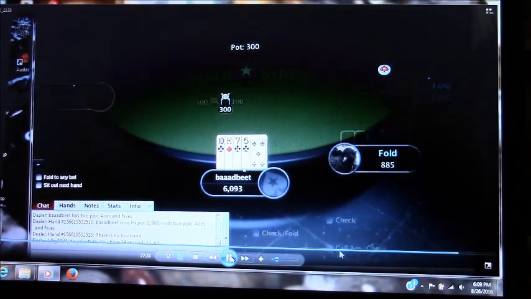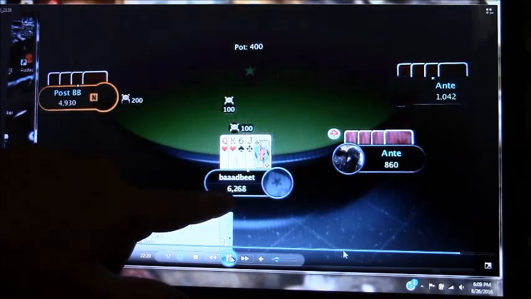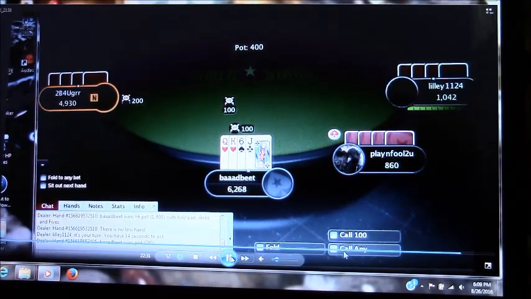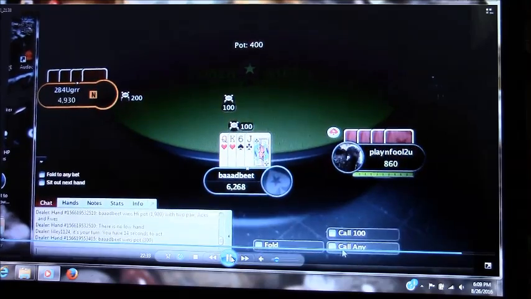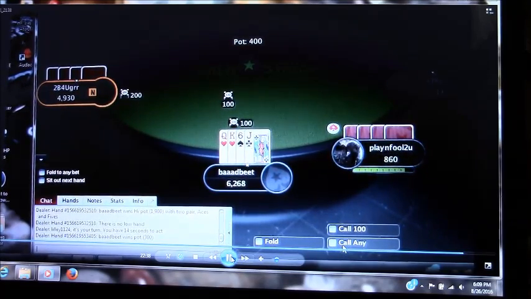All right. They all fold to me because I have a chip lead and they don't want to go against the big chip stack. That's the advantage of having a lead. They know that you can put them all in at any time. If they come in,